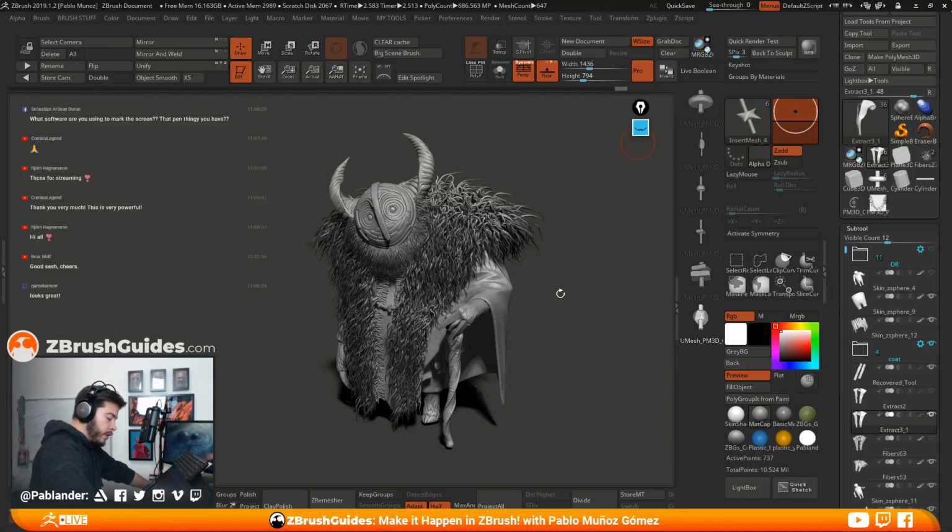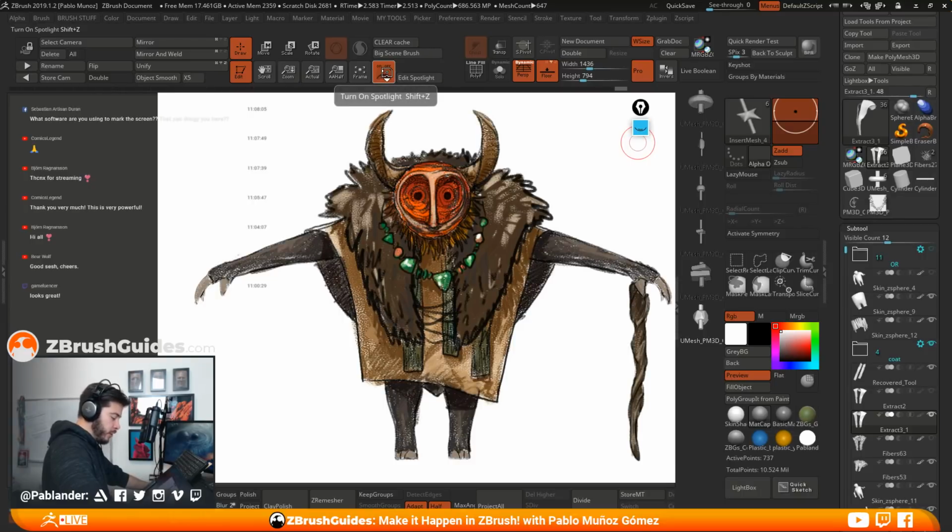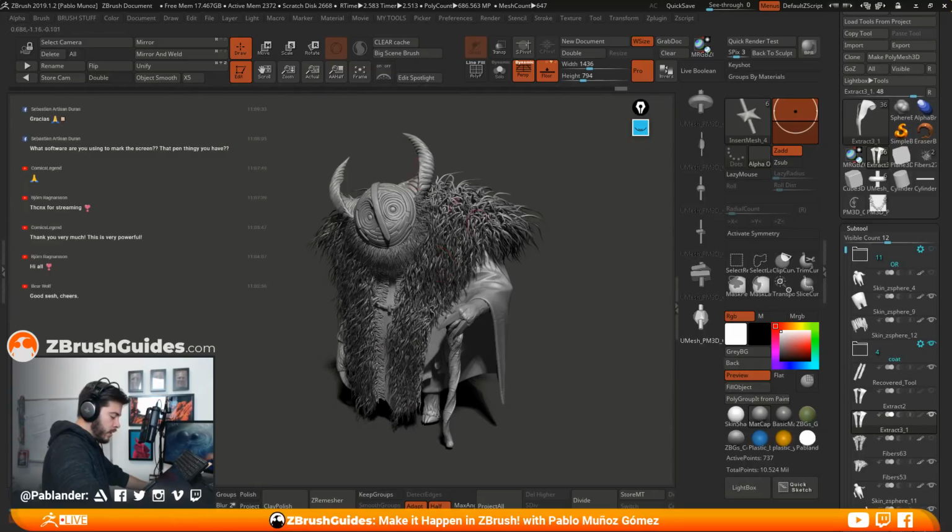Anyway, so I'm gonna leave it here, guys. I gotta run today, but it's been fantastic. So I think I'm gonna call this guy finished. I don't know if I'm gonna take it any further than this. Maybe add some polypaint or something if I have the time. But I think we cover a lot of the techniques. So let me just show you the original little thumbnail sketch that we did very early on, and the final result. So I'm gonna wrap it up here. This is gonna be the end of this character, as in I'm not gonna work on this anymore, at least during the